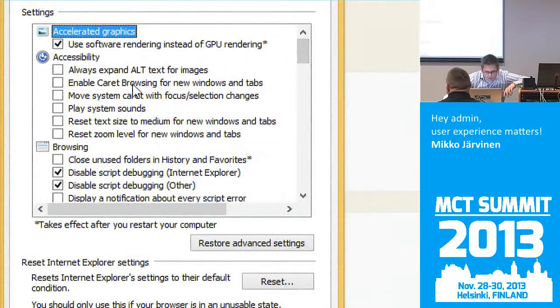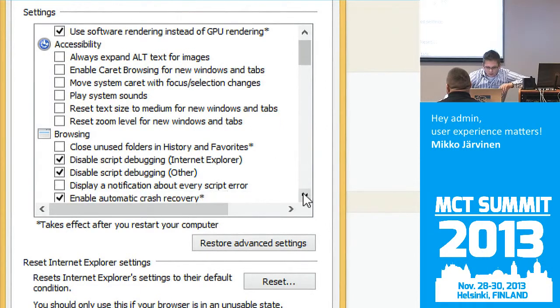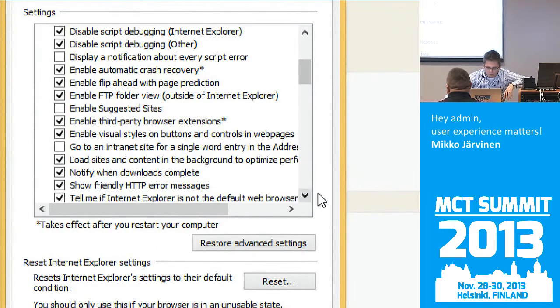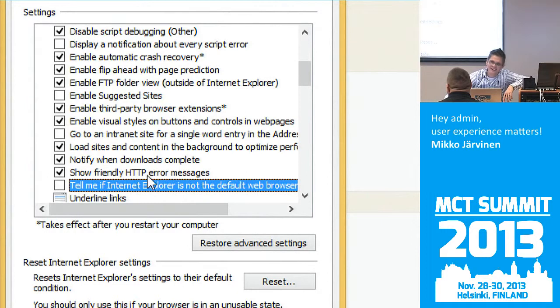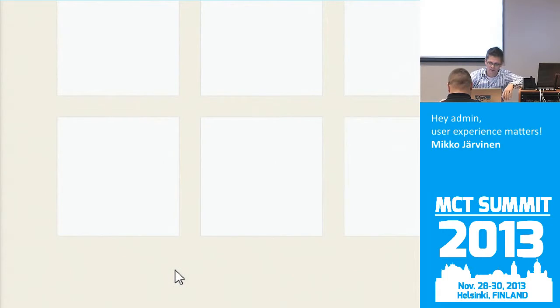Just say where it is. Down, yes, yes. There it is. Yep, tell me. You want to use some script to edit the registry and put that away from the user so they won't get confused about this. Don't do it with the mouse and with the zoom on.